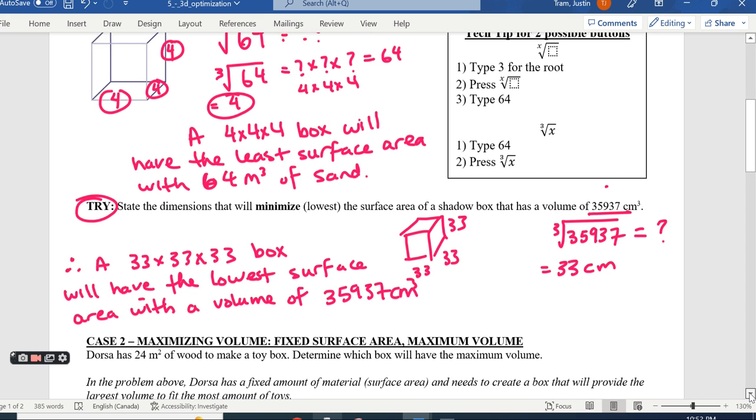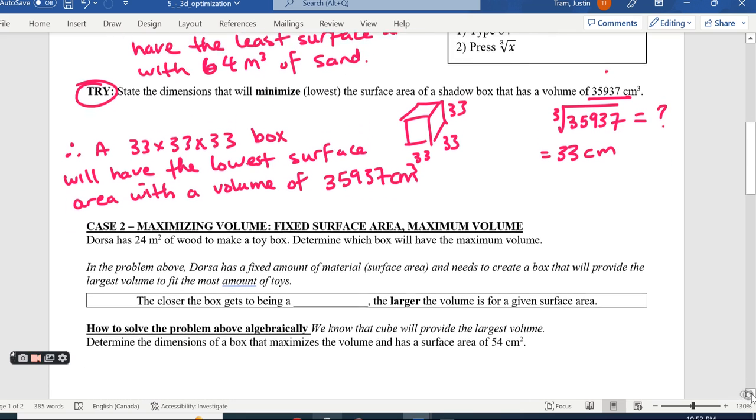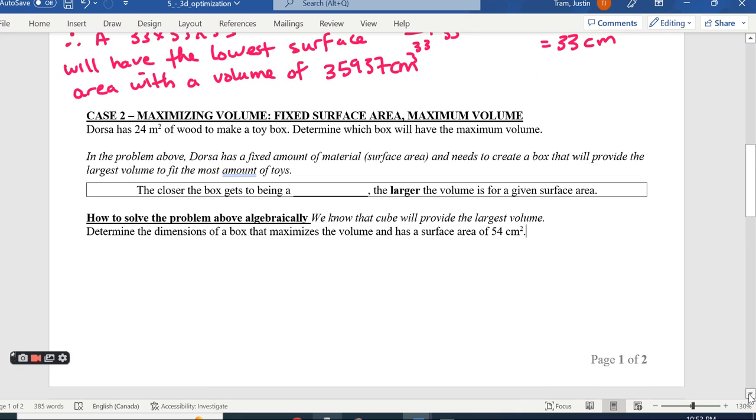Okay, and the last example of this week. Case number 2. We want to maximize volume, but with a fixed surface area. Okay, so let's say it's Christmas, I only have so much wrapping paper left. It's fixed, right? Like I can't change what I have left. It's Christmas Eve. I want to be able to wrap the most amount of volume